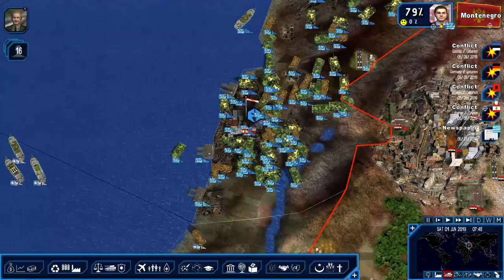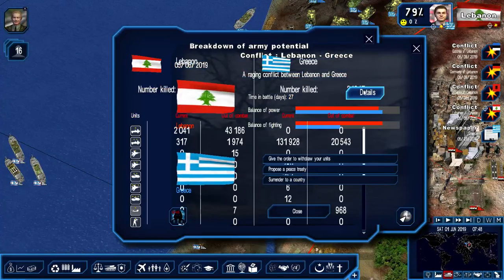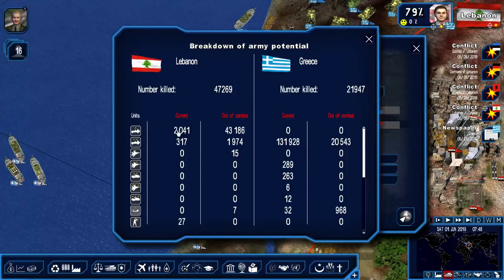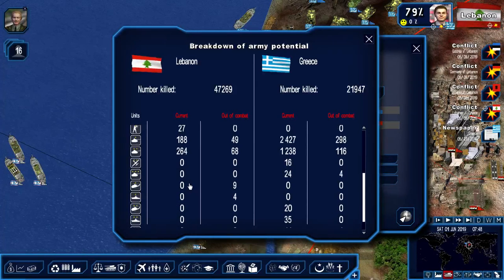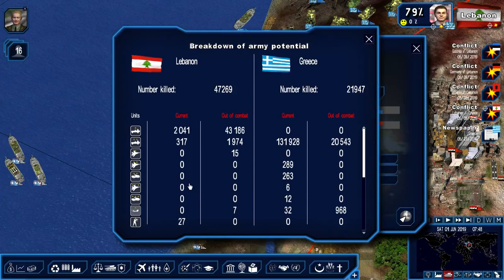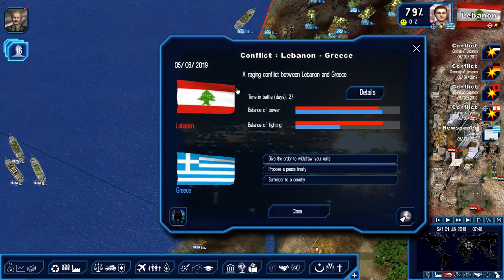If we look at the conflict, the Lebanese troops are almost wiped out. They've only got 2,000 left regular infantry. They got some tanks left too, less than 3,000. Well, we still have 131,000. We've killed more than twice as many of their troops as they've killed of ours. Let's take a look at this. Taking over the People's Square. There was another report on the